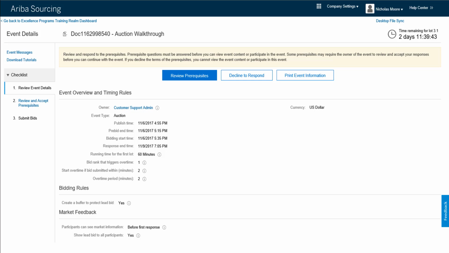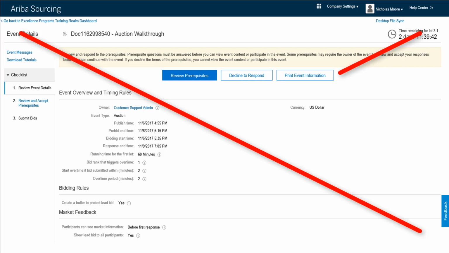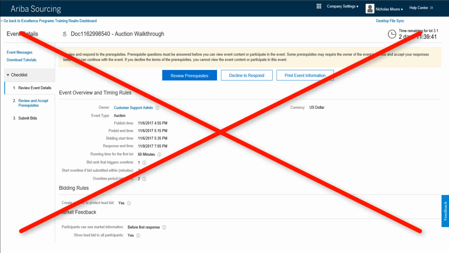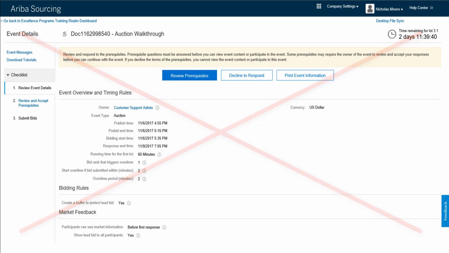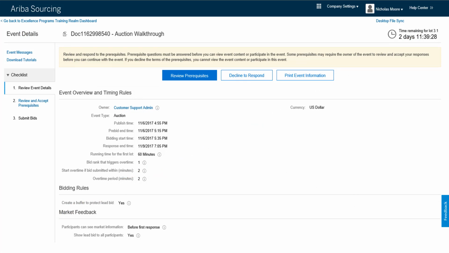Along the top of the Review Event Details screen, there are a series of action buttons. If you do not wish to participate in the auction at all, understanding that this auction is not applicable to your organization, then you would simply select Decline to Respond. You may also see buttons for Download Content, Download Bid Change Report, and Print Event Information that will be useful